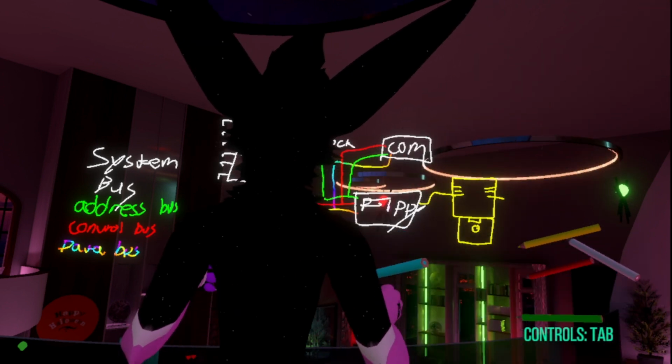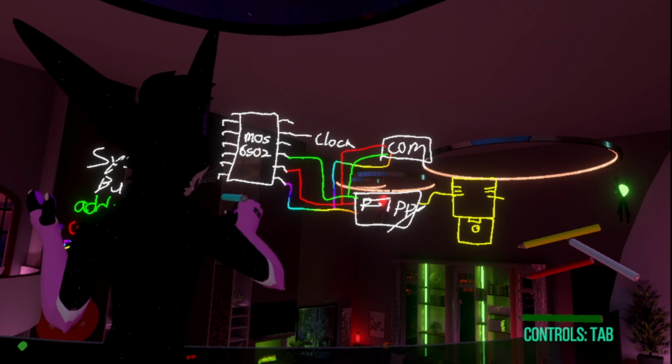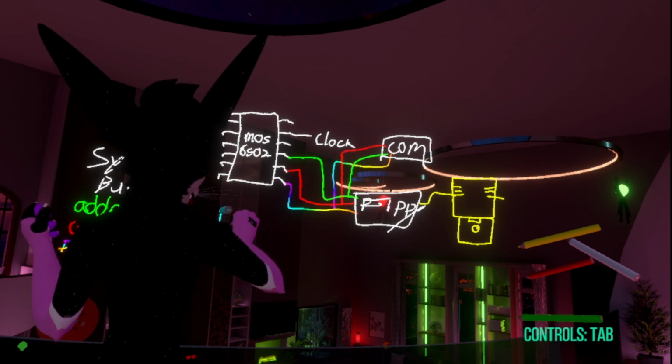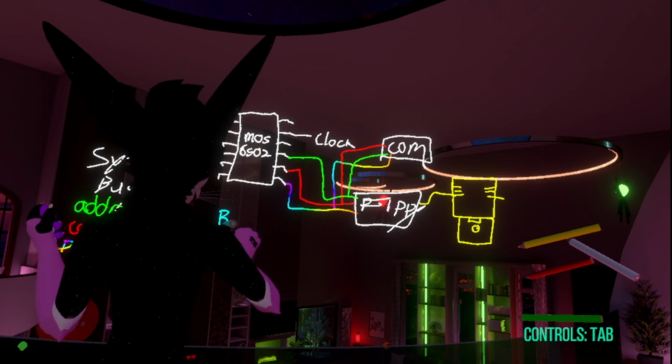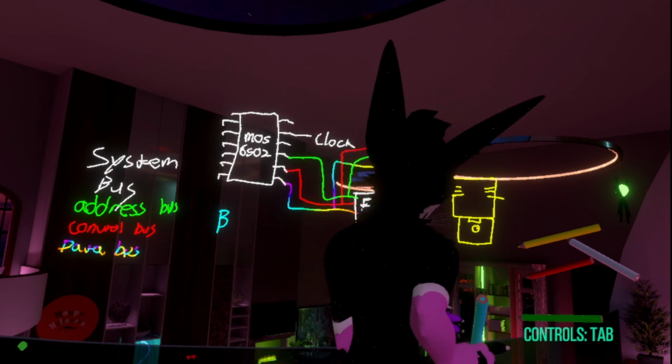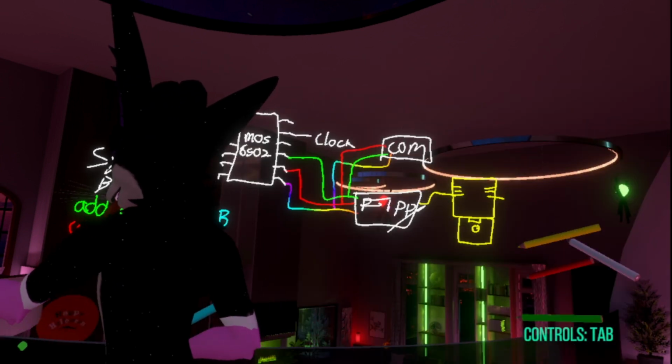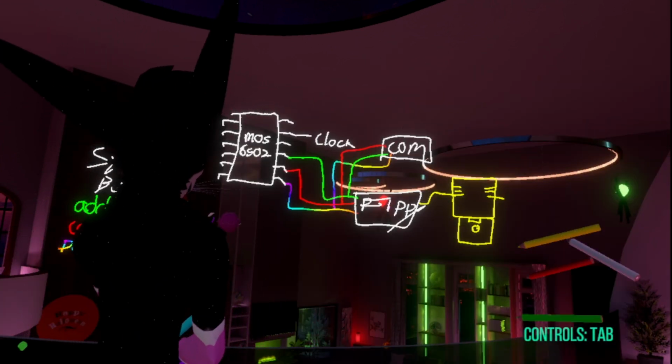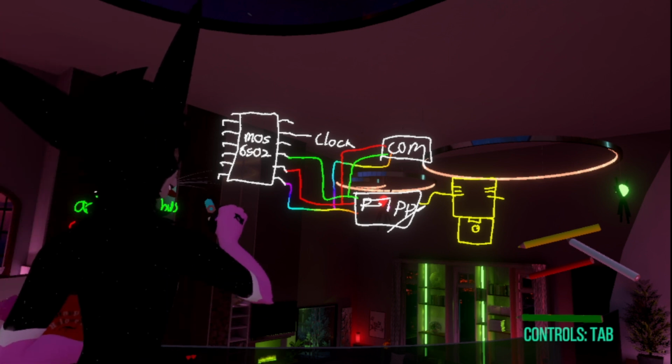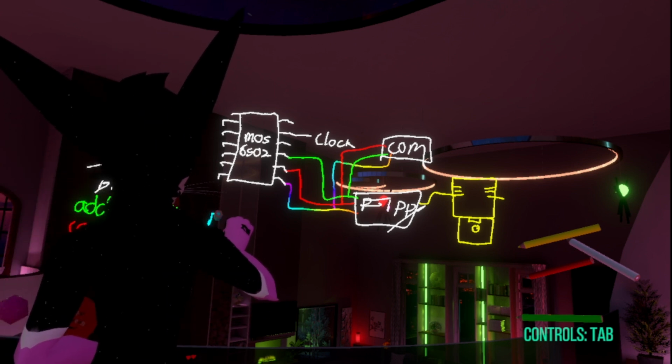That's where we get, of course, the dedicated RAM. That's a R, not a W. Here we are. Okay. RAM.